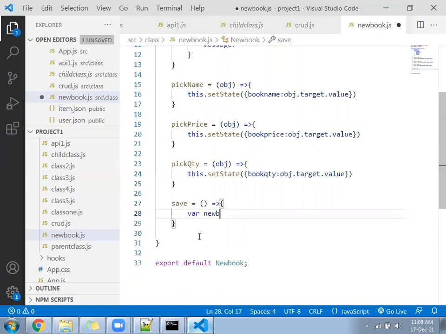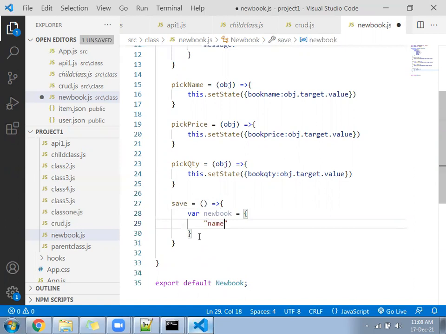New book equal to, what is the name inside the JSON server? The key name. Property name is called name. It will get the data from this dot state dot book name.